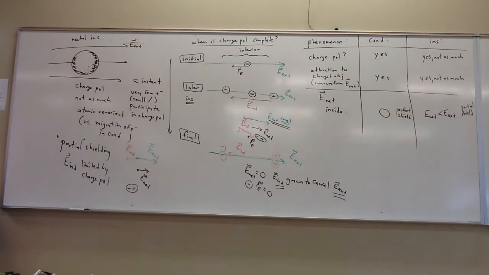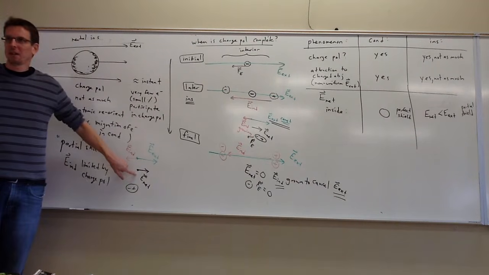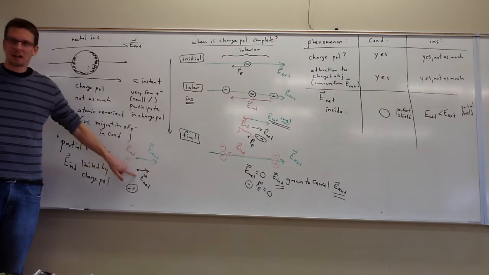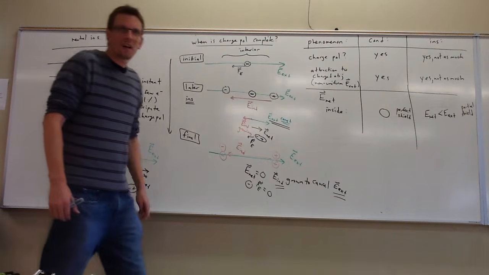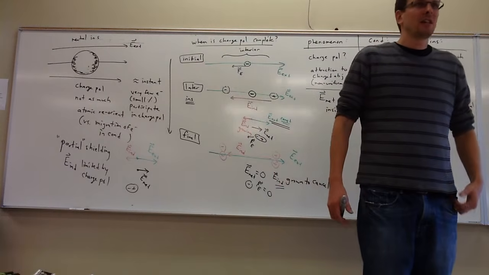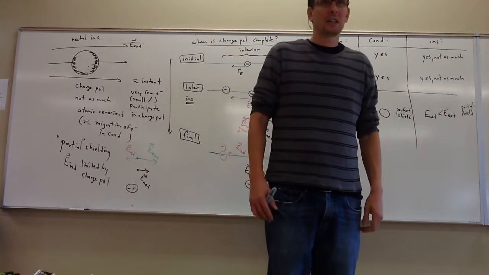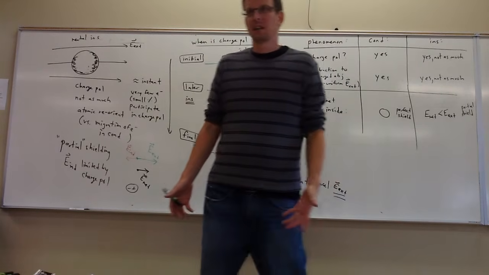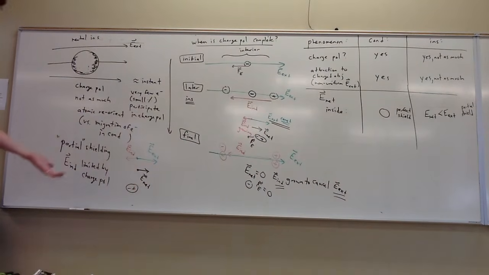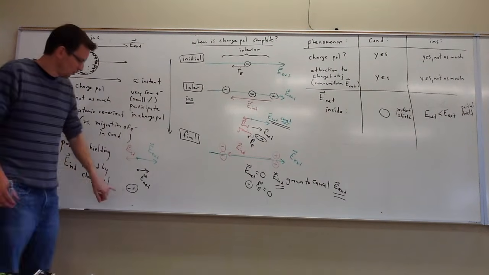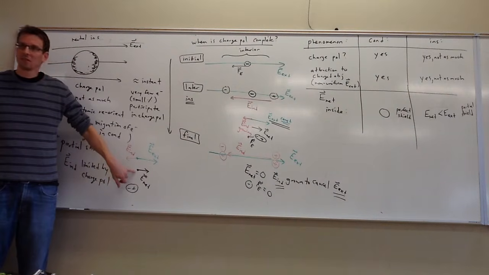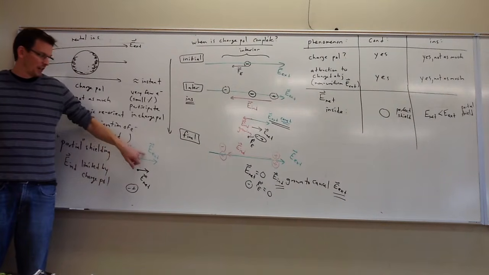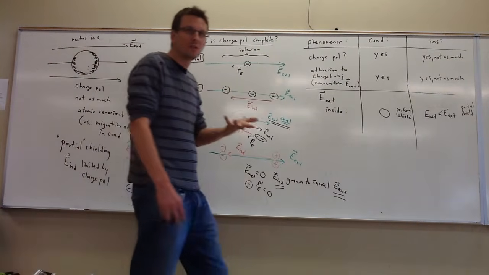And I'll tell you right now, how much can E net be reduced by? Well, it depends on the material, but oftentimes E net might be not very much smaller than E external. So if Dr. Megavolt, for instance, were to accidentally put on an insulating suit, he might get killed slightly less than he would without anything. But again, if E external is big enough, even if E induced can take a little bit away, E net can still be really big. E net is going to be smaller than E external,